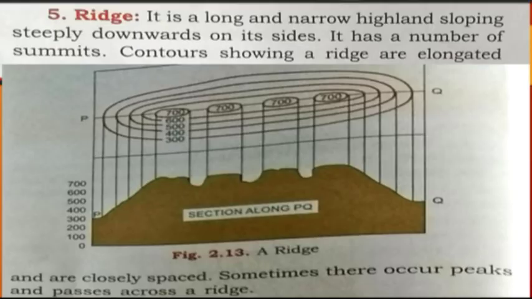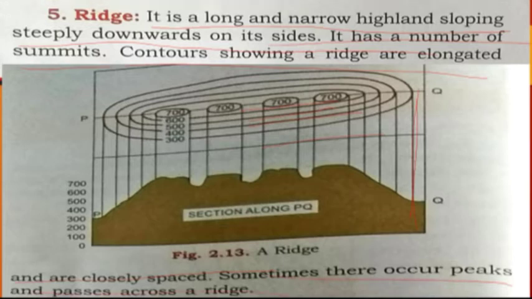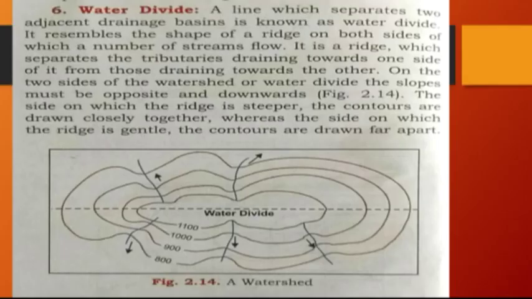Now, ridge. It is a long and narrow highland sloping steeply downwards on its sides. Yes, it is very steep, right? It has a number of summits. Contours showing a ridge are elongated and are closely spaced. Yes, they are closely spaced. You can see the contours. Sometimes peaks and passes occur across a ridge. Sometimes they occur peaks, मतलब वहाँ पे peaks होते हैं और ridge के जैसा वो होता है, ridge के जैसा